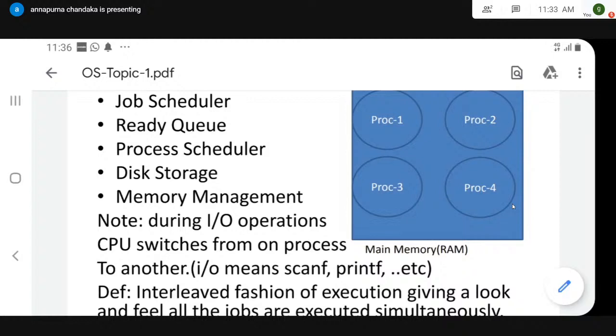Now the CPU, the principal, is talking with one person and asks him to fill up a form. So is the principal sitting idle, or is the principal talking with one of the other 3 persons? No, the principal is not sitting idle. Simply the principal switches to another person and talks to him. Once this first person has finished his process, he simply gives an interrupt: Sir, the task is done.